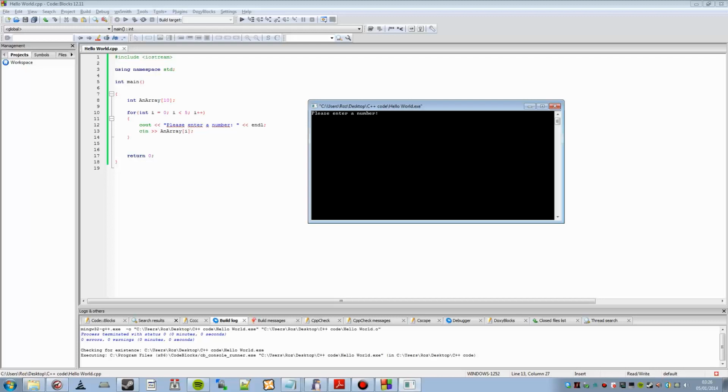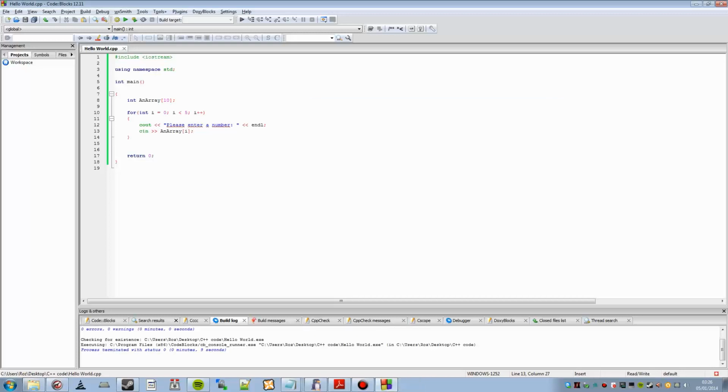So enter a number, we'll go with 1, 2, 3, 4 and 5. That's it, that's all it does, and then obviously it returns 0. So what we're going to do is print off what we had. Well, first I'm going to add some new line characters, and then I'm going to show you another way to